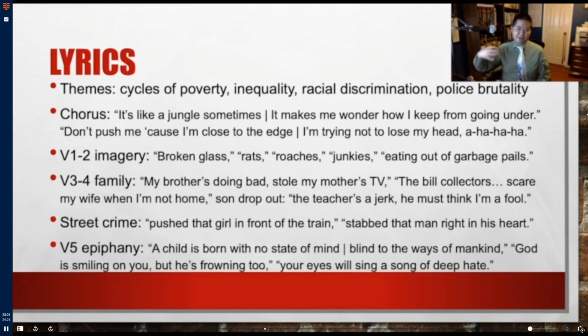So again, as the aggression builds in the tone and in the rhythms and in even the increasing density of the texture, this line, your eyes will sing a song of deep hate, really contributes to the sense of aggression and desperation within this urban environment. However, I want to emphasize that this is presented not in a way to blame the individual as if they're just a despicable person, but really to show how they're a product of the environment that they're being raised in on a day-to-day basis and can't get out.